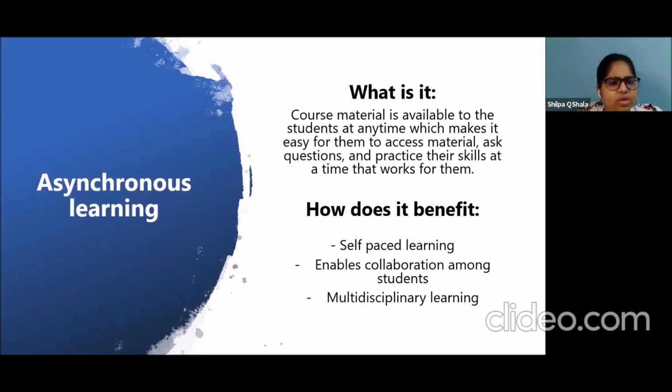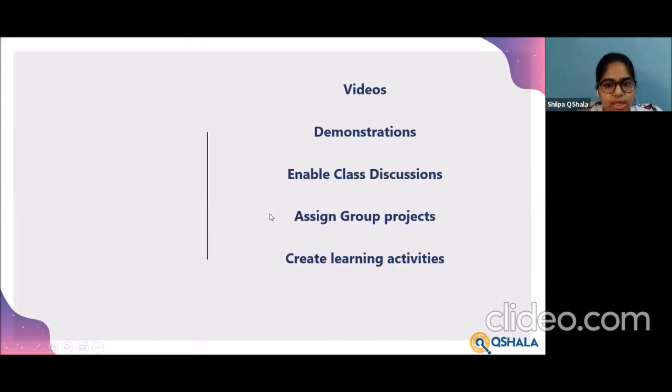So when you're designing your assignments for asynchronous learning, you can collaborate with other subject teachers also. For example, you can create an assignment which has some aspects of science, some aspects of math, some aspects of social, all of them put together in one single assignment, right? So this is something that can be done by using asynchronous learning.